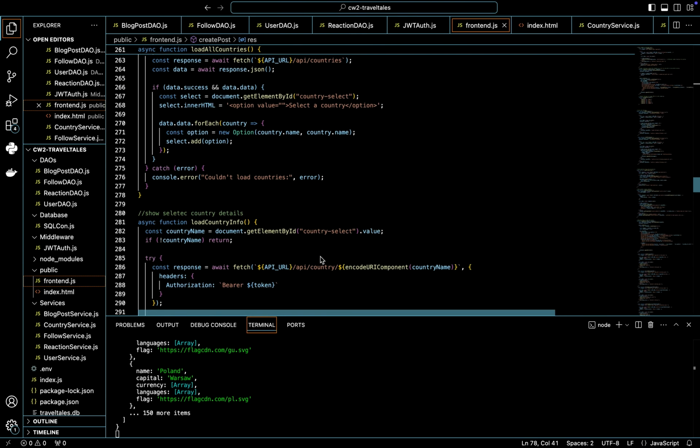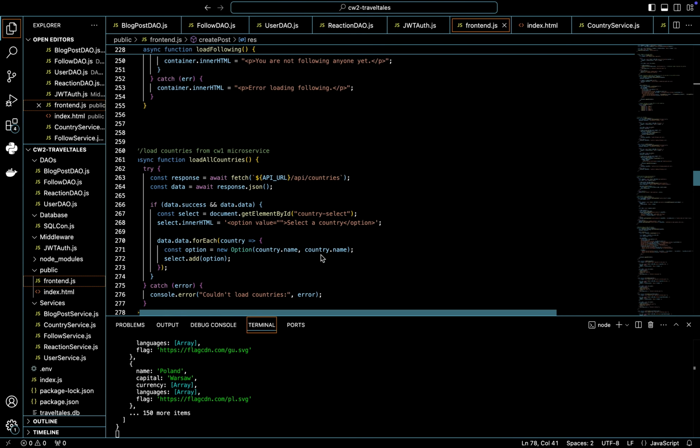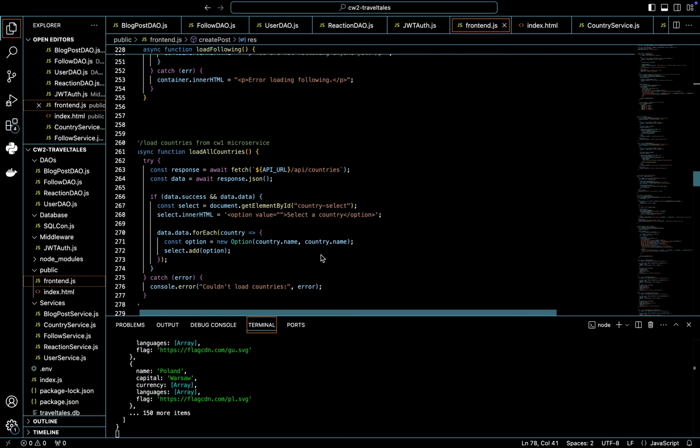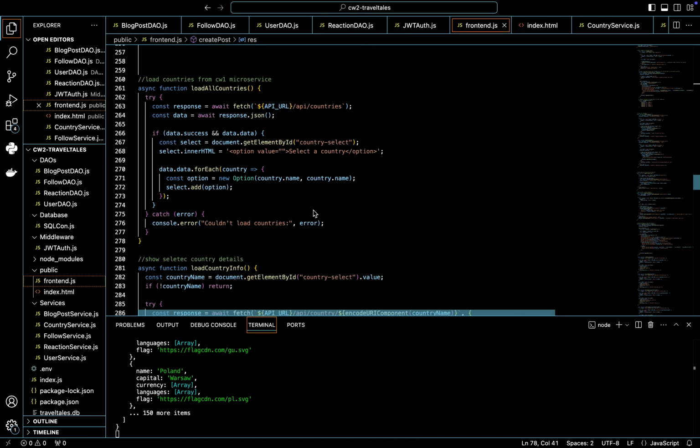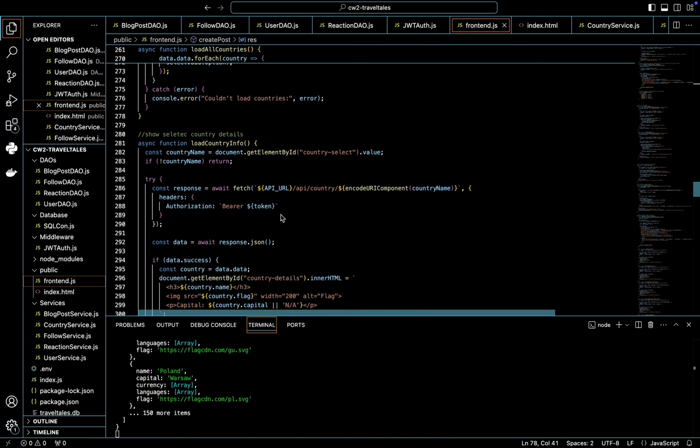Load posts. Load country. When the user from the front end selects a country from the drop down, the function here, load country info, sends a get request to API country and the country name that the user has selected,